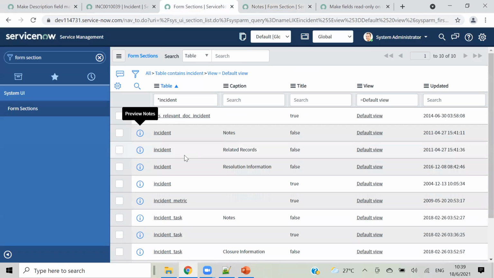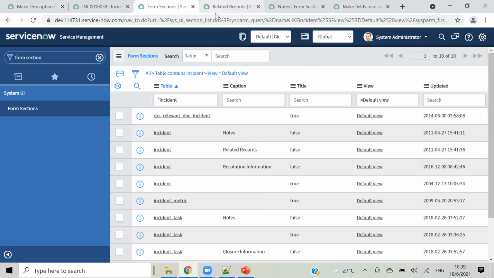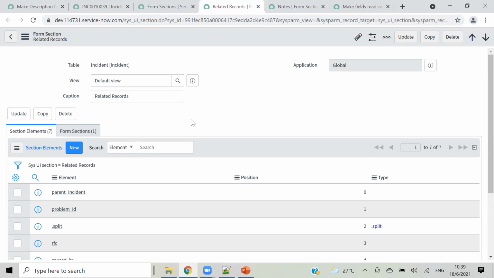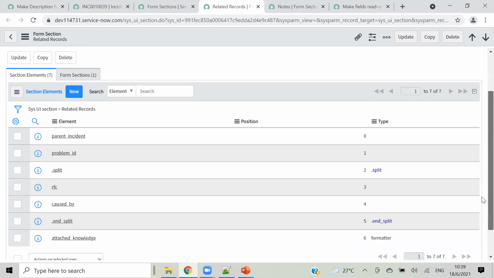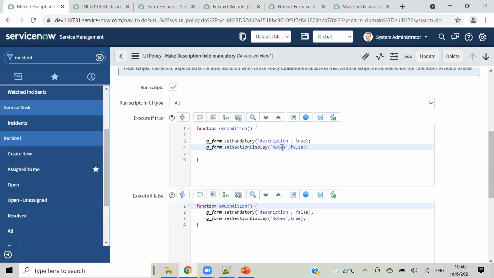Let me open one more. It should reflect this. Let me try with SysID. Maybe I have to give, no, but it should not. Let me check one more thing. Add section.